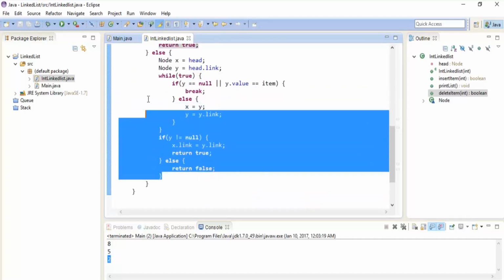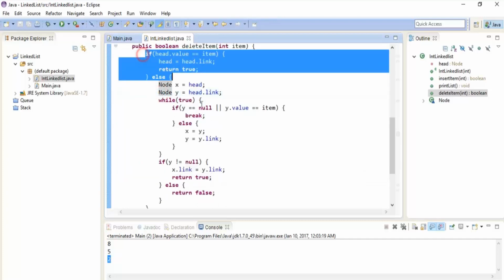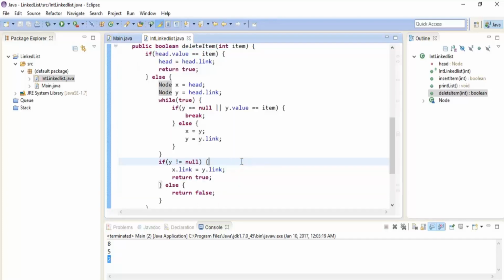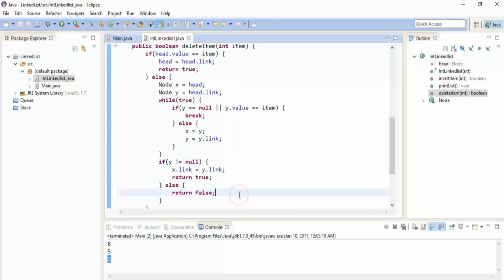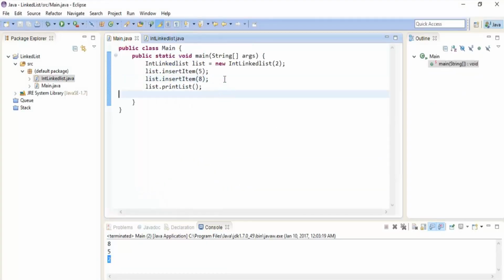It must be confusing for you. Make sure you dry run this code on a notebook, just like I'm doing on this page, to illustrate and explain as much as I can. Now let's check if it's working fine or not. Let's try to delete 5. I have printed the list, and after that let's call list dot, not link, it's list, dot